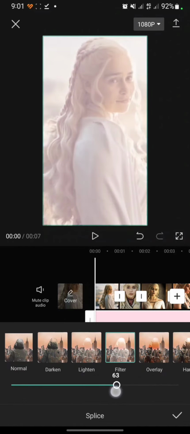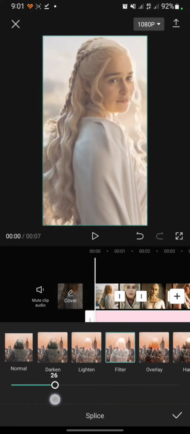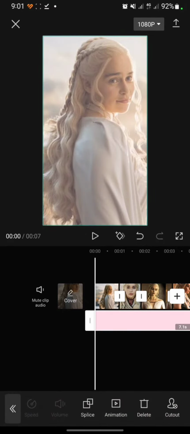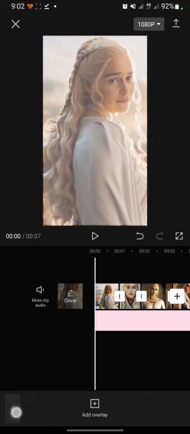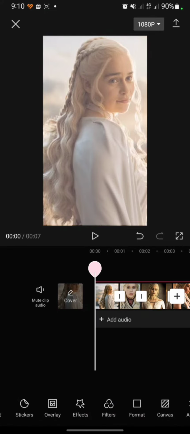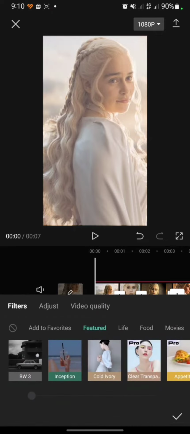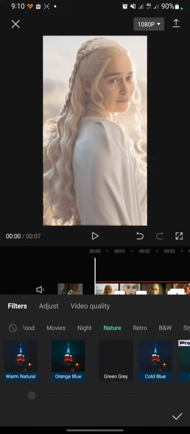And then you click on a splice, click on the filter and adjust the filter like this. Click the check mark and after that you can click back, click on the filters, and then on the nature click